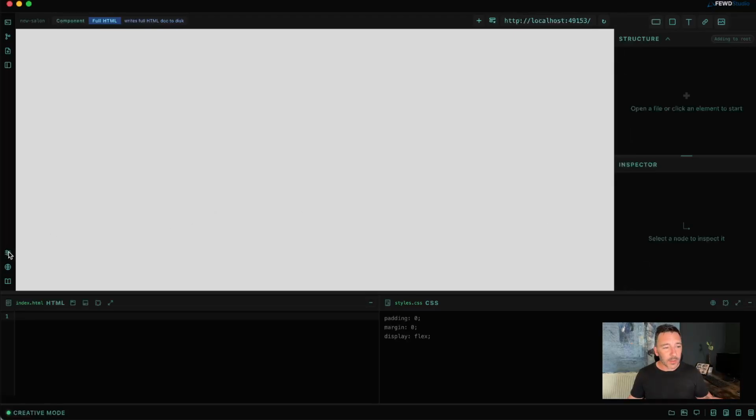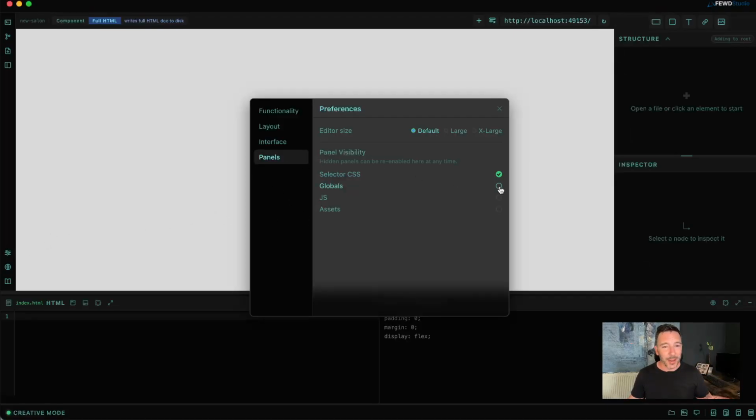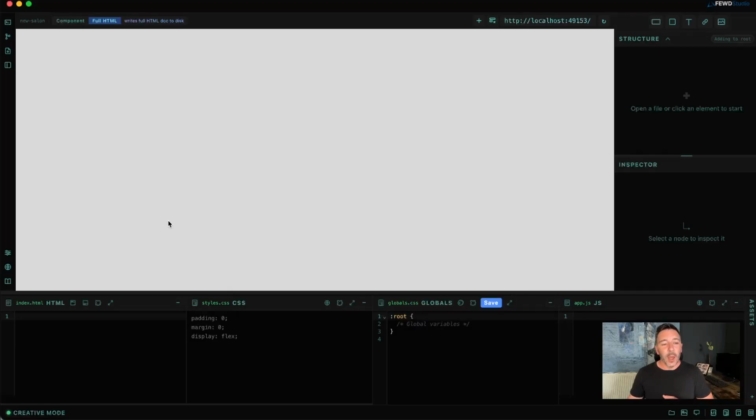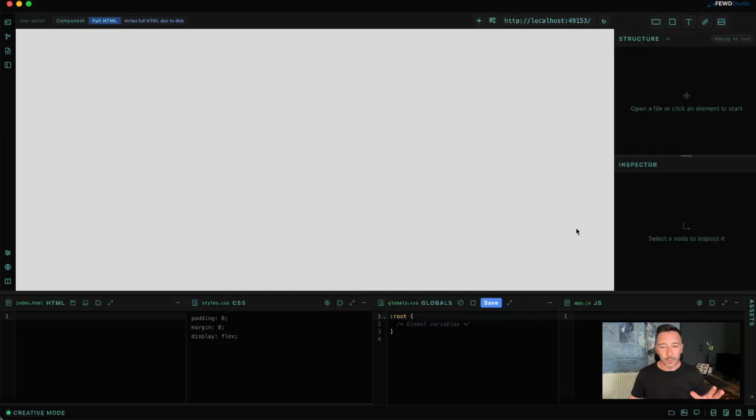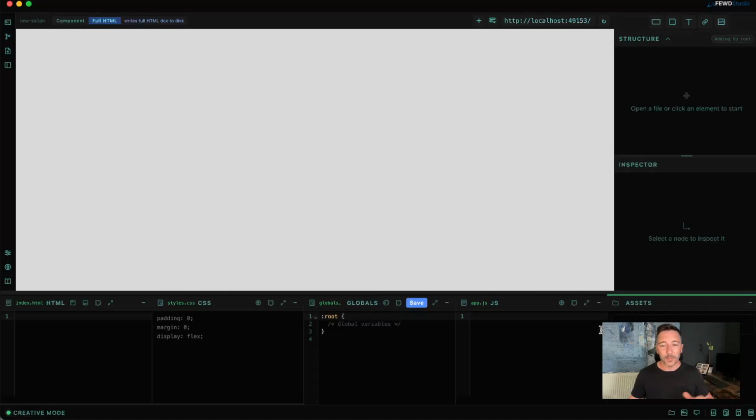Now, this is a configuration issue. As a default, when you first fire up FEWD, you would have all of the default panels fire up with you. So we've got a set of default panels. Oh no, he is there, but he's minimized. Okay, so you'll have it looking something like this with the default